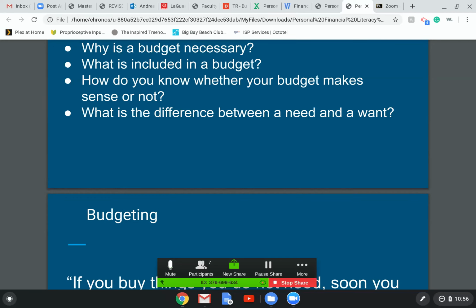Just got to figure it out. Yeah, I mean, it's also, if you are making a budget and it's saying that at the end of every month, you're gonna somehow have like $100 or $200 left over that you're gonna save, and you find out after a few months that that's just not happening, then obviously something is wrong with how you're budgeting.